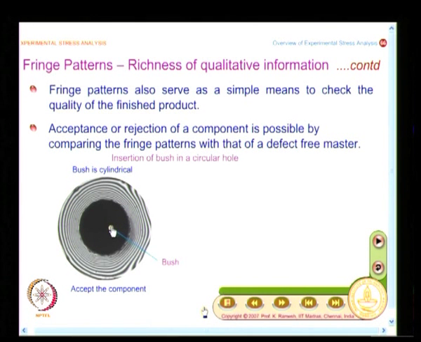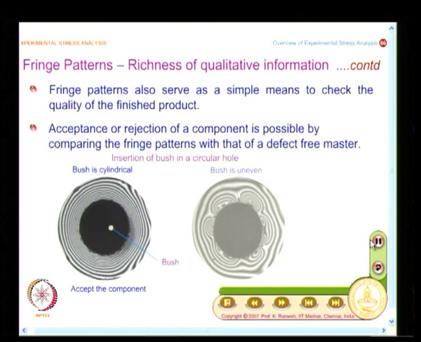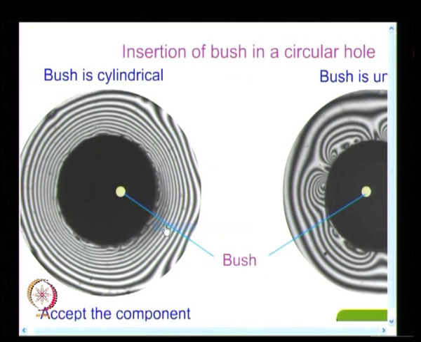And this is not what happens in an actual production line. In an actual production line, if you do not maintain the cylindricity of the bush, you can have surprises like this. What I see here is an extra flowery pattern, and let us look at it a little more closely. So, what I have here is a cylindrical bush, you can go and accept the component,